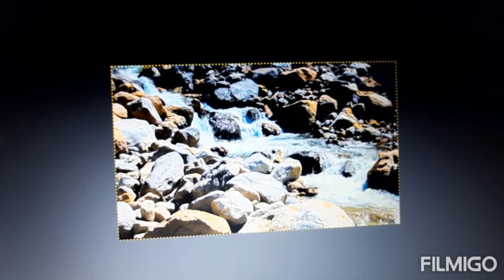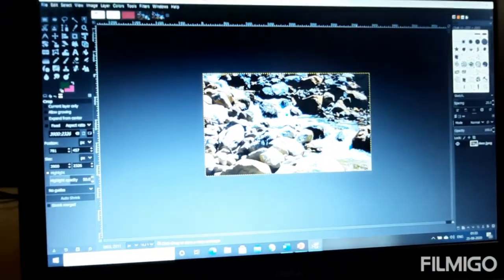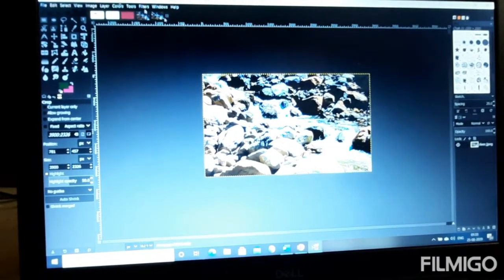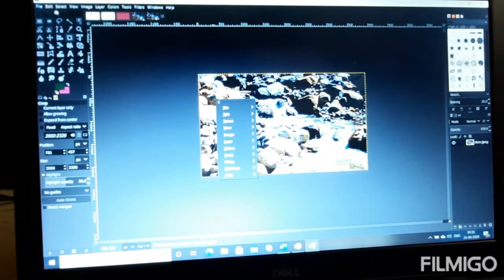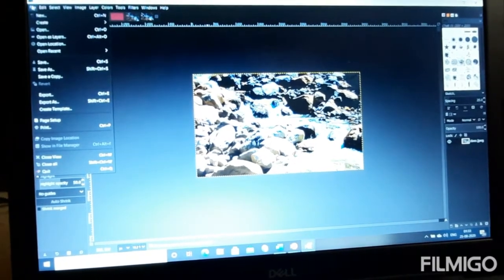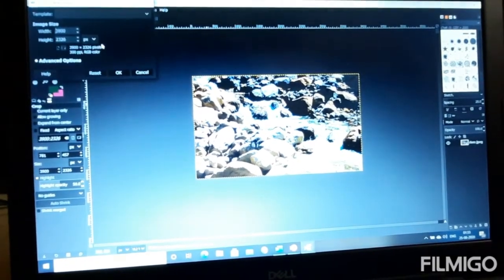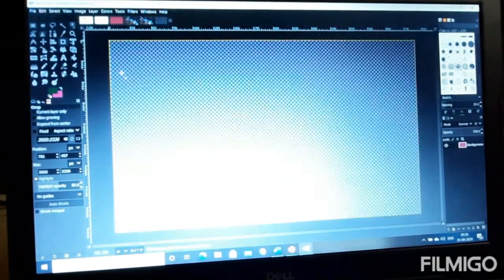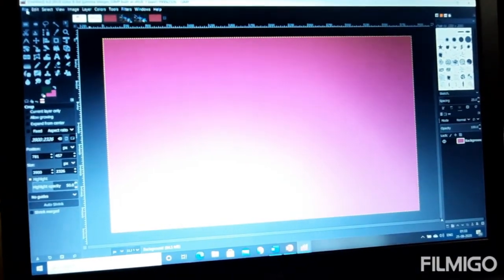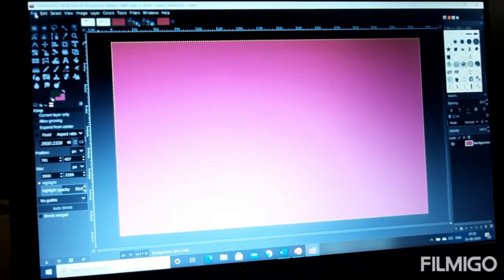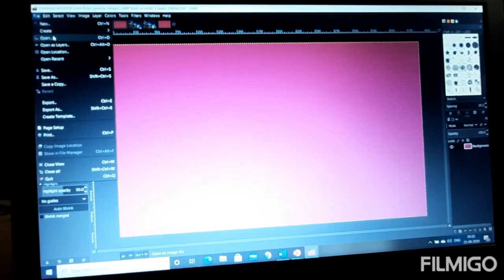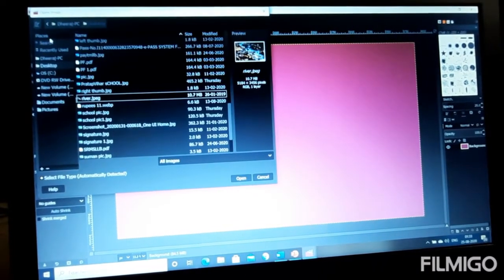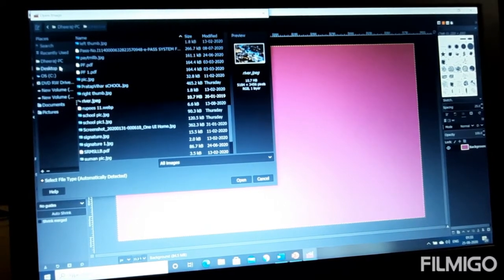Again I'm taking one more image to clarify. To select a new image, I'll do one thing. I'll open a new page. Okay, so how I will choose the image? I'll go on file, then I'll go on open. Okay, I have to choose an image, so I'll go.